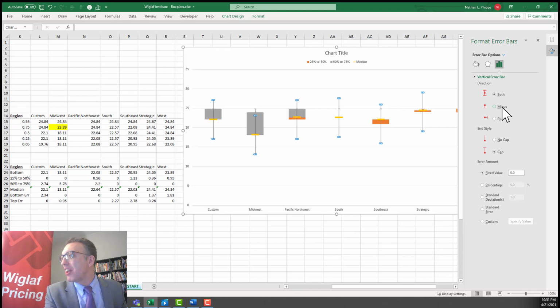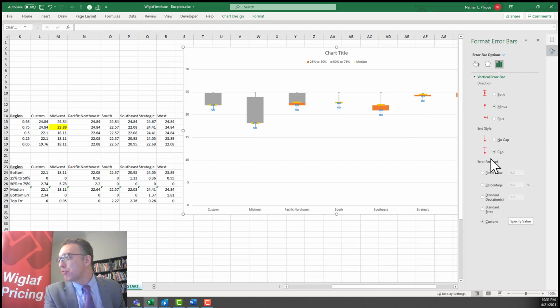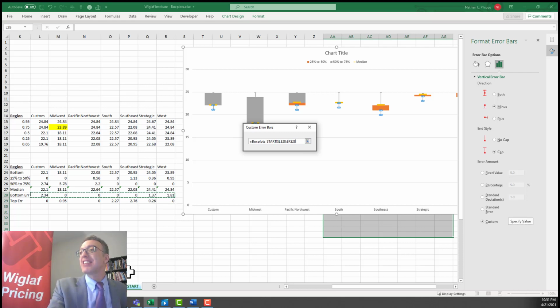Before we chose plus, this is coming down, so we want it to show up as a minus. And choose custom for the error amount. Specify the values. We're not doing anything with the positive error values this time, but the negative error values, because it's dropping down, we'll just highlight the bottom error series there